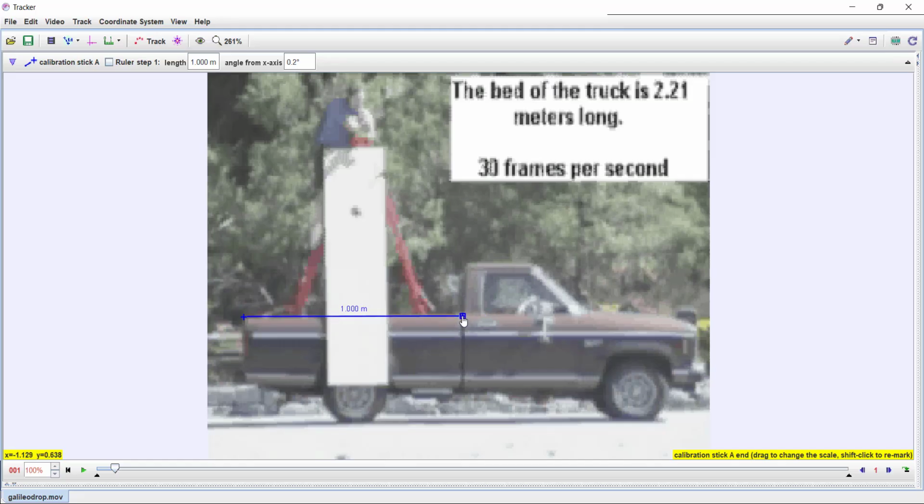So in this case it is the bed of the truck, so I'm going to place it here. It reads 1 meter, but this one says 2.21 meters. So I come here and I adjust that to 2.21 meters. I don't need to keep that calibration stick showing, so I click here. Okay, the next thing is